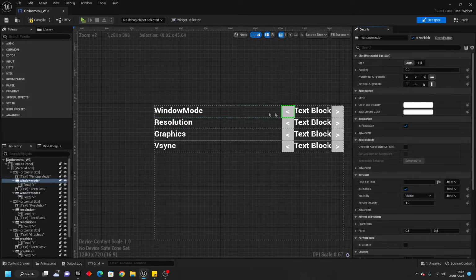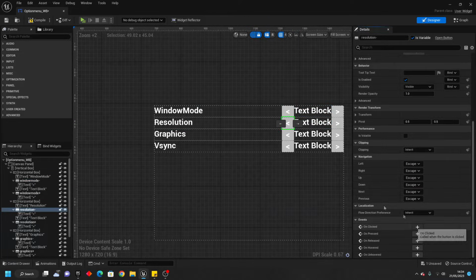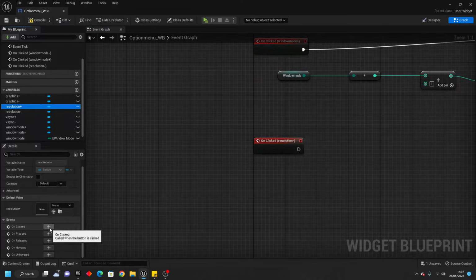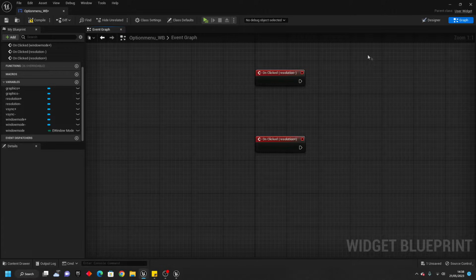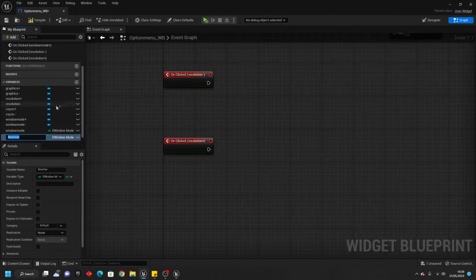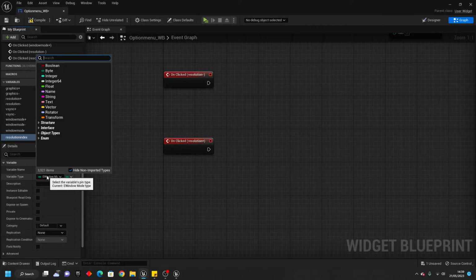Next, we'll set up the resolution buttons. So that way the player can change the resolution of the game. So if I just select this button, I will scroll down and go to onClicked. Then I'll also just select the resolution plus button and click it. So when the player clicks the resolution buttons, we'll allow them to change the resolution of the screen. For this, if we create a new variable and call it resolution index and change the variable type to be an integer,